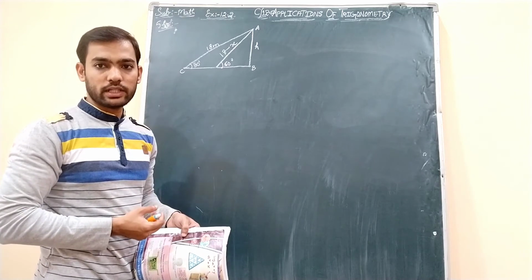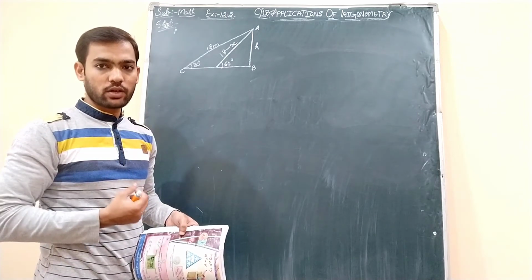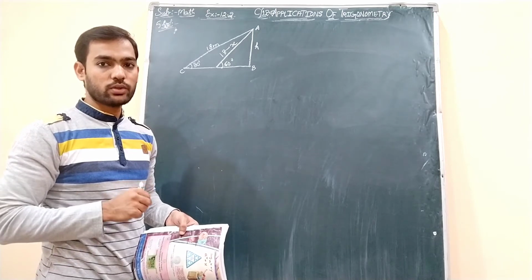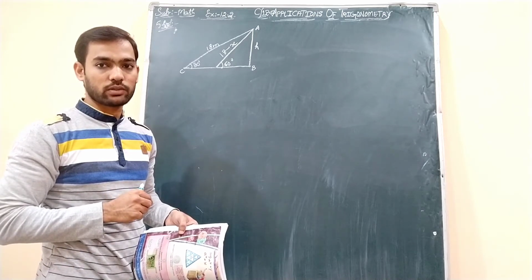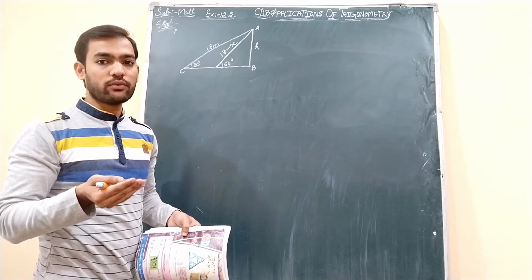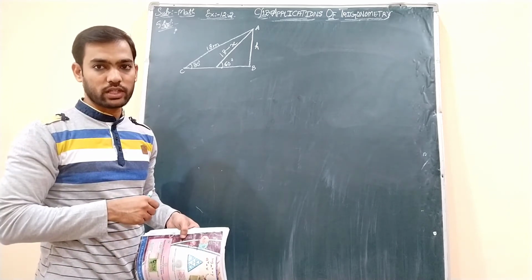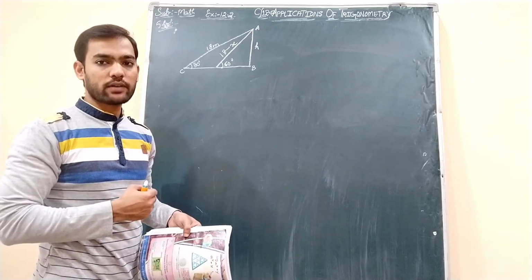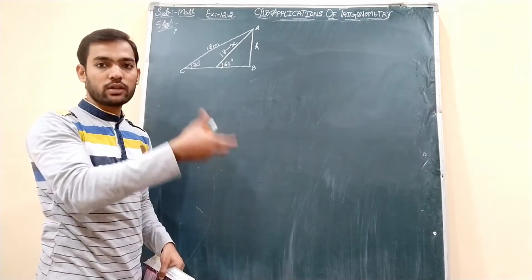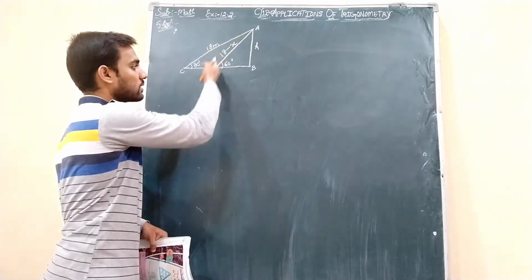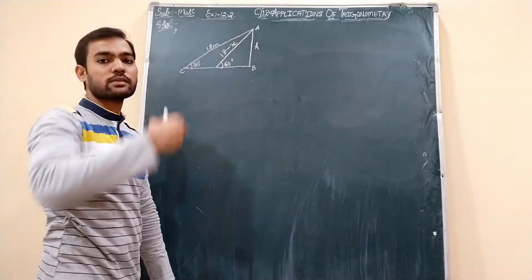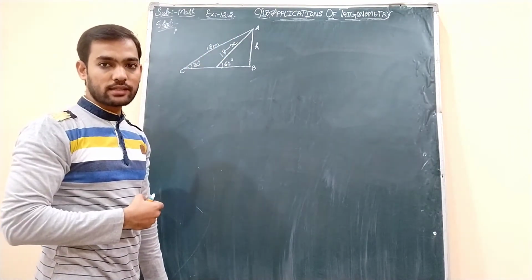Just common sense you need to use. Suppose the wire was 18 meters. After that you have cut out 4 meters. So it will be 14 meters remaining now, right? So how did you get that? 18 minus 4. When I say 4 meters was cut out, then you can say 14 meters. But here we don't know how much wire was cut out, so I am taking that as x. So now the present length of the wire that is forming a 60 degree angle with the ground is 18 minus x, since some part has been taken out.